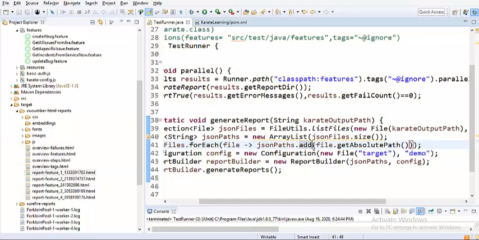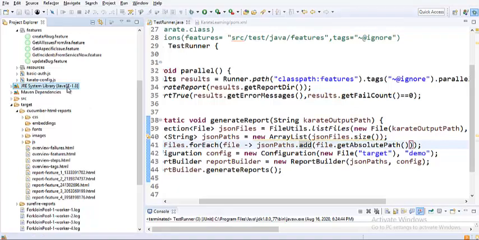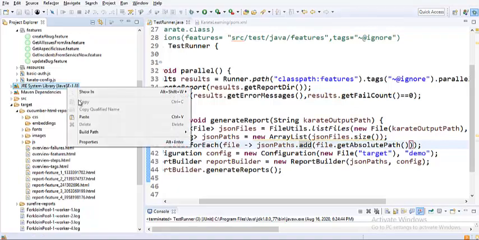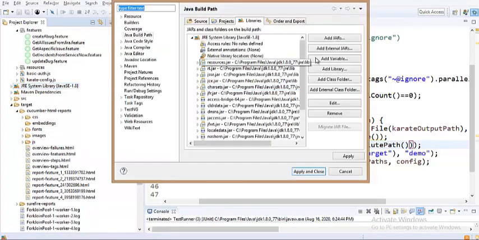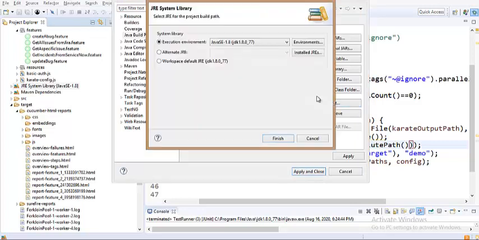Also by default, when you start a Java project in Eclipse, it tends to take the Java JRE as 1.5. So make sure you change the system library to 1.8. You can do it by configuring the build path. Click on build path and then configure build path. If you go to edit, you can see alternate JRE, so you can pick the JDK that you have.